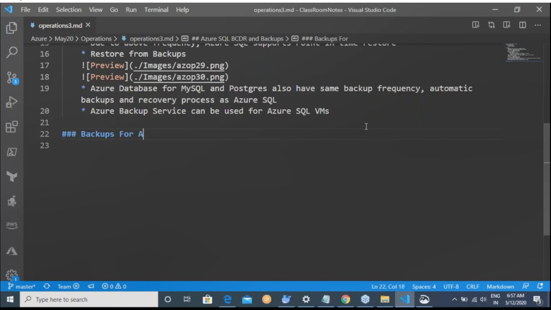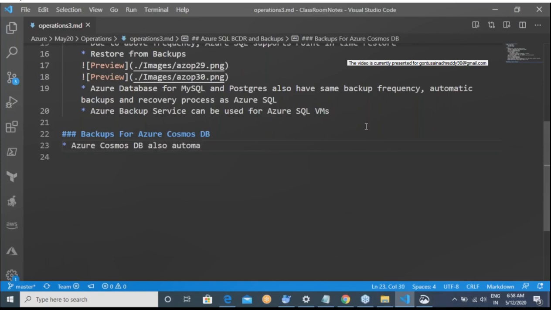Backups for Azure Cosmos DB. Right, so let me proceed with this. Azure Cosmos DB also automatically takes backups.